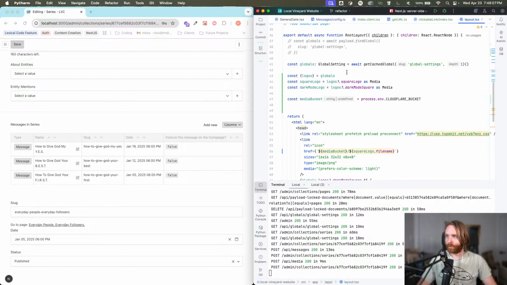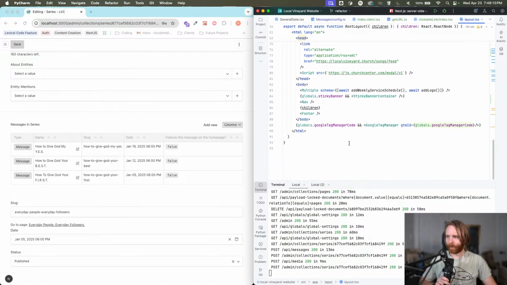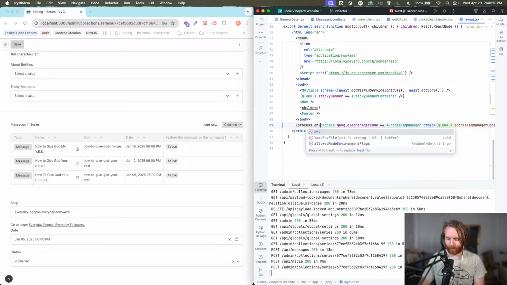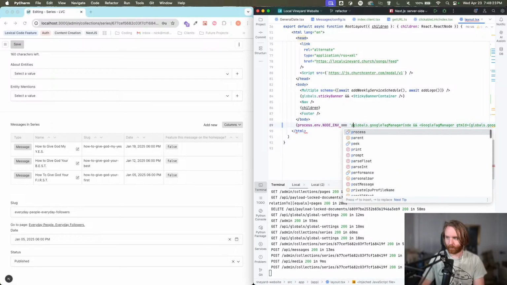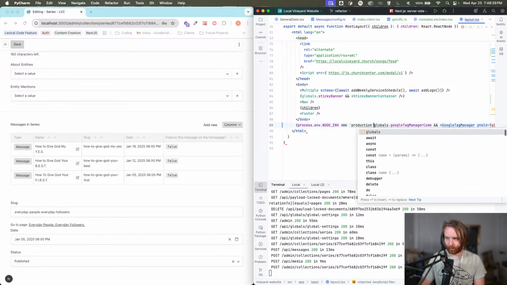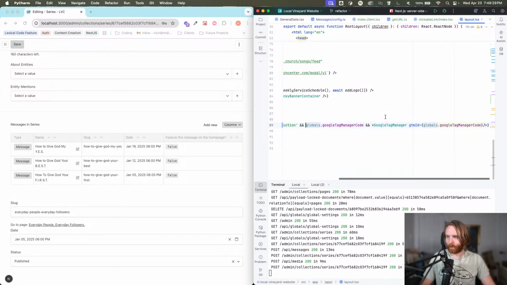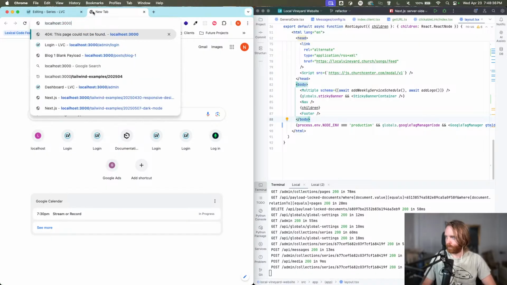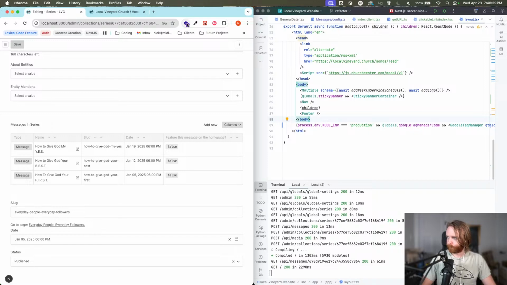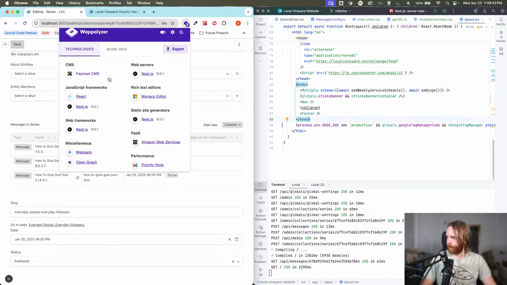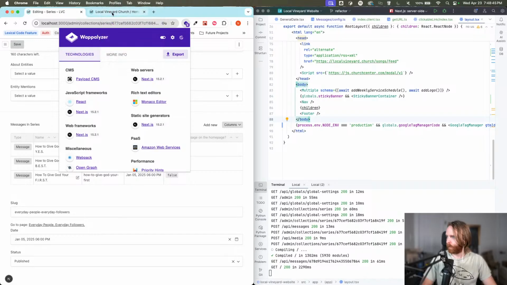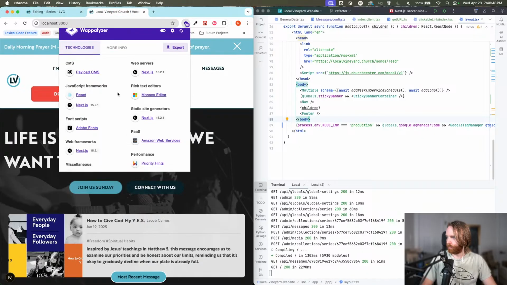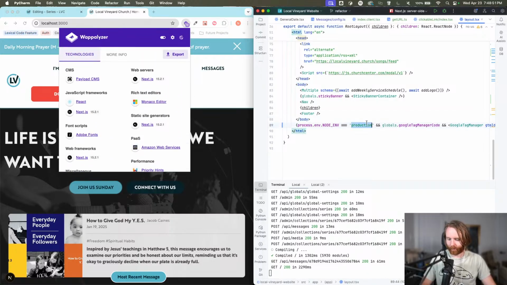All right, so we have a tag manager code here. I don't want this to be active while we're in development mode. So what I'm going to do is, at least I think, do process.env.NODE_ENV equals production. That way the code doesn't render while I'm in development mode. So now if I go to localhost, honestly in here it should go away too. But I won't see my GTM tag anymore. Correct, okay. But if I do this as development,